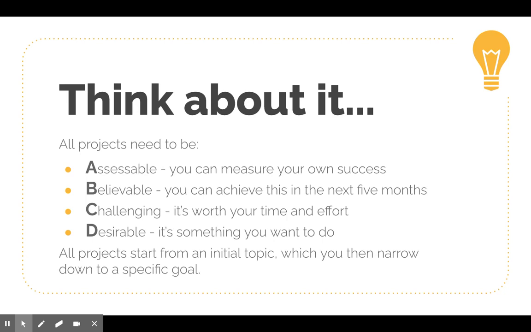Well, right now, that last one is probably the most important. The other 3 criteria are important too. For example, while it may be accessible and certainly challenging for me to run a marathon, no matter how desirable it is, if it's not believable that I could achieve that goal in the next 4 months, then it's not a good goal for me. I might need to narrow the goal a bit in order for it to be believable. If I don't run at all, maybe I want to run a 5K in a specific time. Or perhaps if I run a little bit, I could train for my first half marathon.